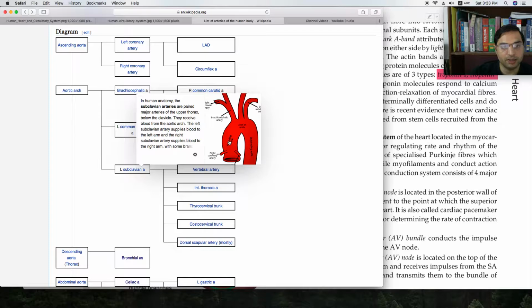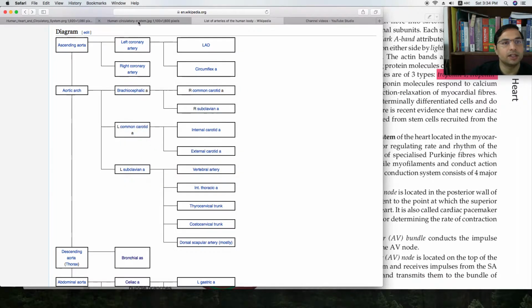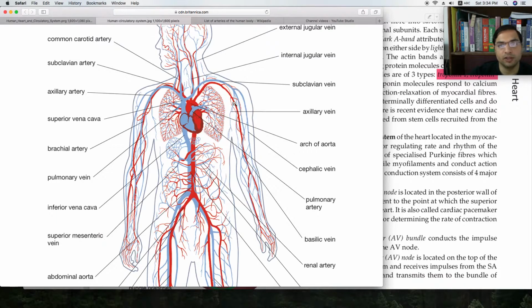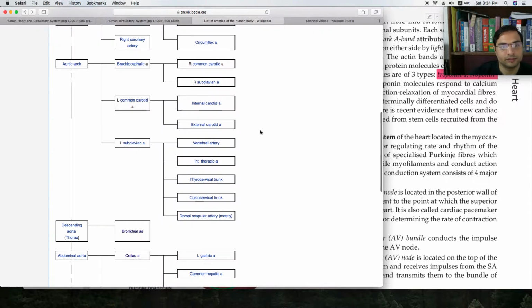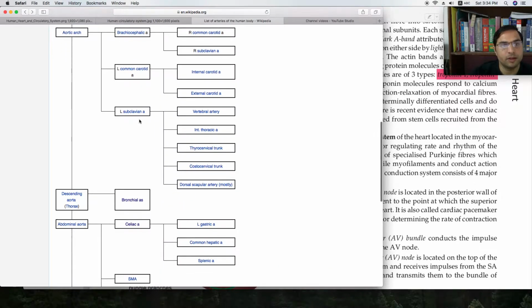right, this left subclavian artery goes into the hand. It is called brachial artery, axillary artery, and then it divides at the region of elbow into cephalic artery, and then it divides into radial artery towards the radial side, towards the thumb side, and ulnar artery towards the middle finger, towards the little finger side. So radial artery and ulnar arteries, right? Left subclavian or subclavian artery gives off other branches also.